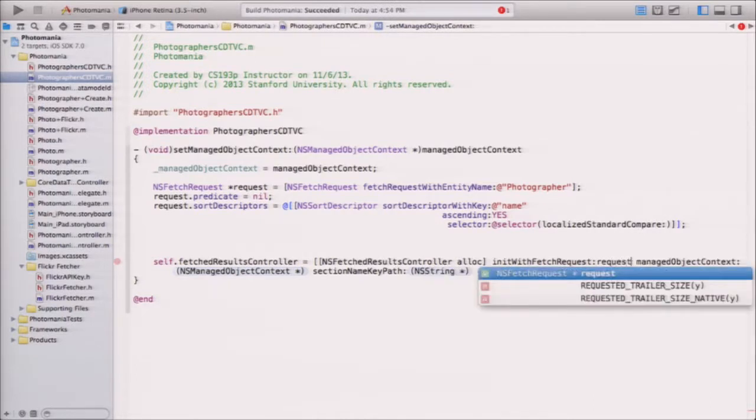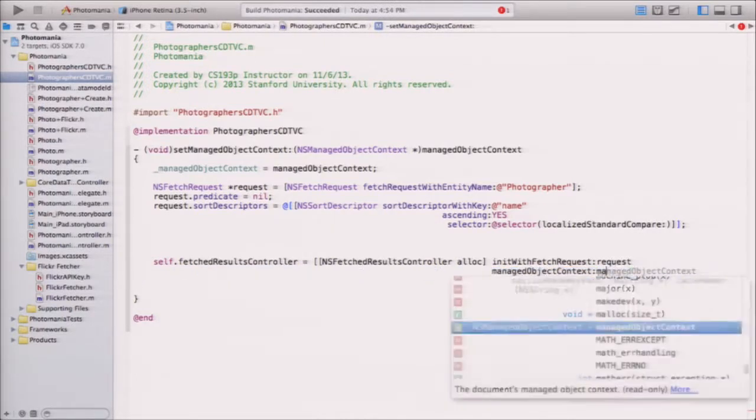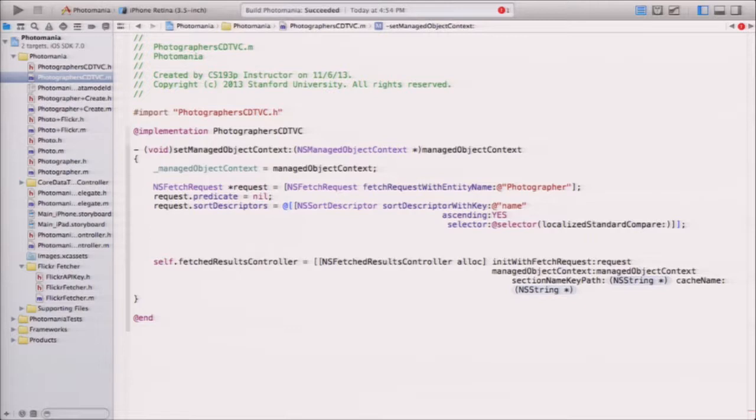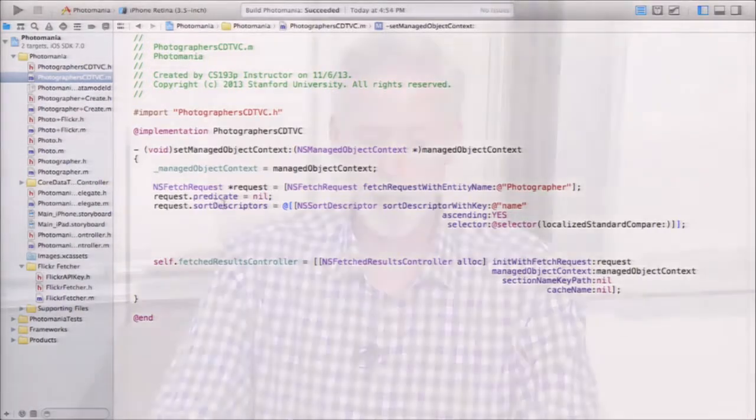All right, so now we have the request. We have the managed object context. That's an argument to this method. Is what we're setting, actually. Here's the section thing. We could make sections here, but there's really nothing in a photographer to do that, so we won't do that. And we're not going to cache. Okay? So that's it. That's really all that's required to make this table view work, except for one thing,